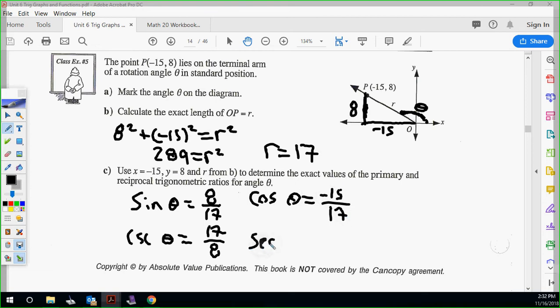Secant theta would be 17 over negative 15. Tan theta, sorry, it's y over x, so it's 8 over negative 15. And then cotangent,